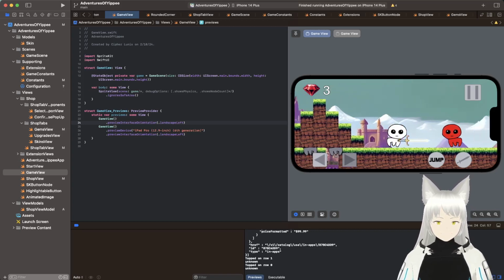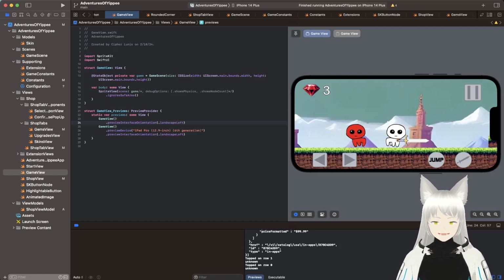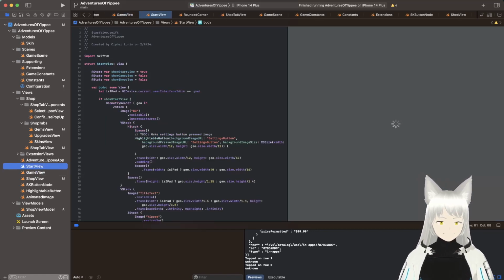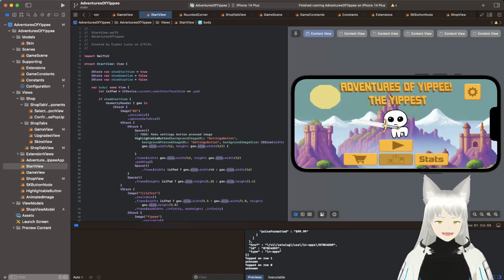Let me see if I can. I might work on the leaderboard next. This is where the leaderboard would go, this little 1, 2, 3 button. You would click it and it would show the leaderboard. So what I'm thinking of doing is having a leaderboard based on how far you've gotten in the game. In the game,